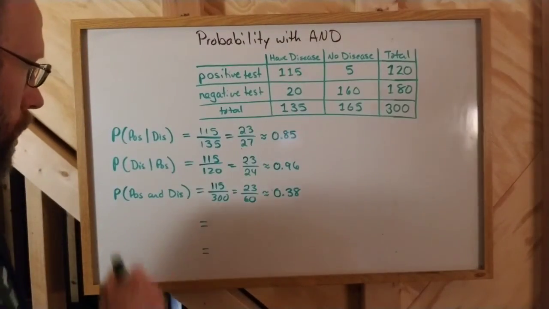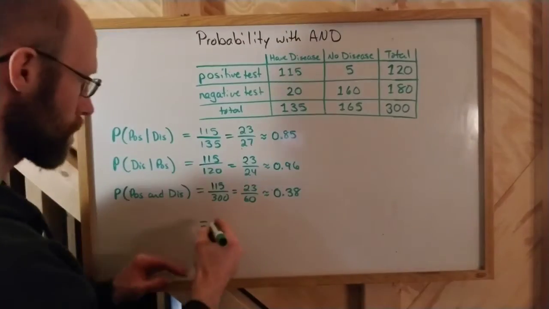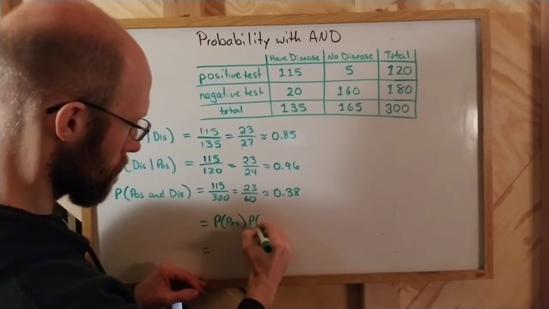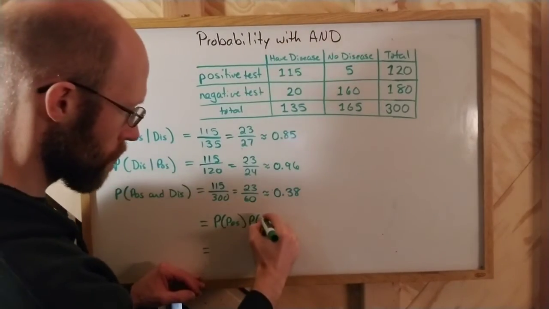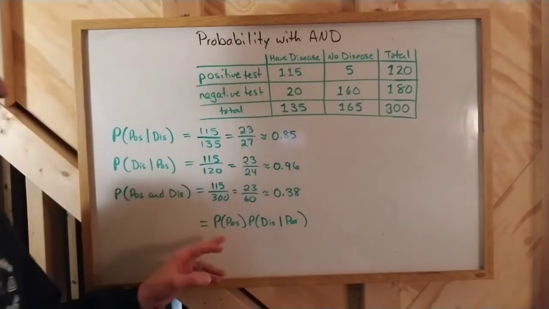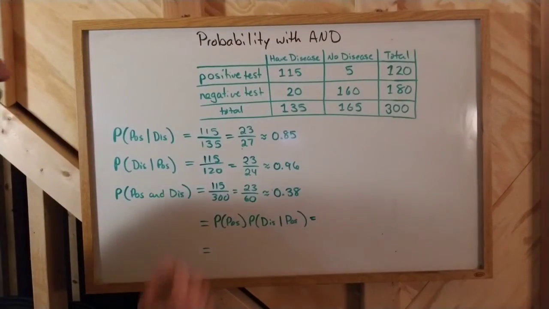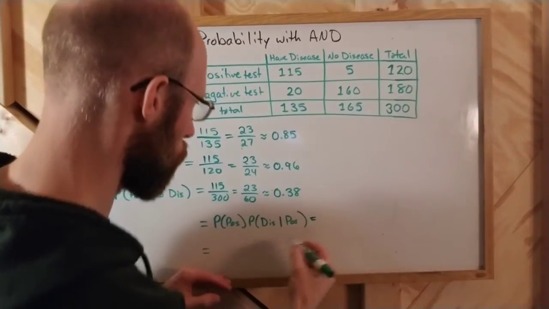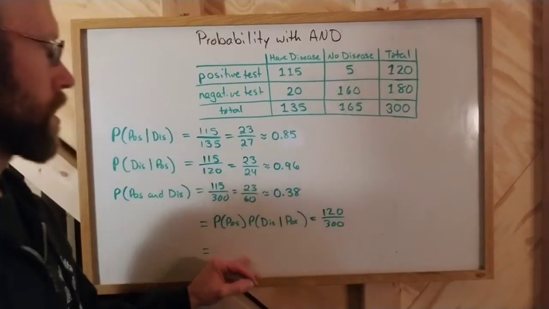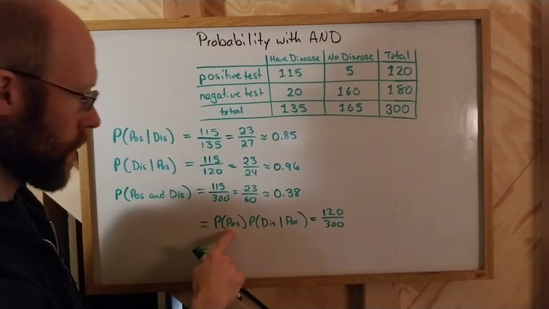However, it is an and statement, and ands can be calculated by taking the probability of one of the events and multiplying by the probability of the other event given that first event occurs. So if you take the probability of a positive test, so the positive tests are over here, that's 120 out of 300, right? So out of 300 tests, 120 of them were positive. So that probability would be